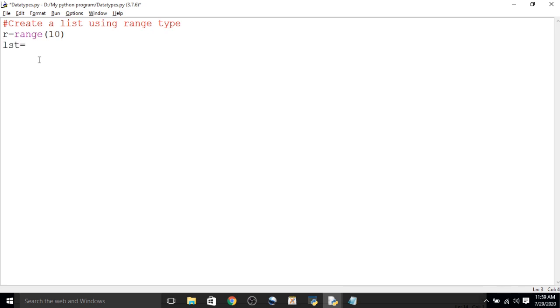Now we want to create a list from that: list equal to list of r. The values stored inside the variable r will be converted into a list and stored in the variable list.